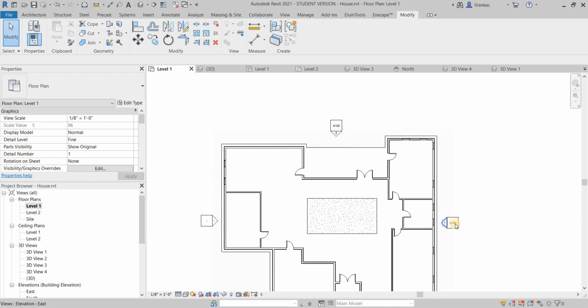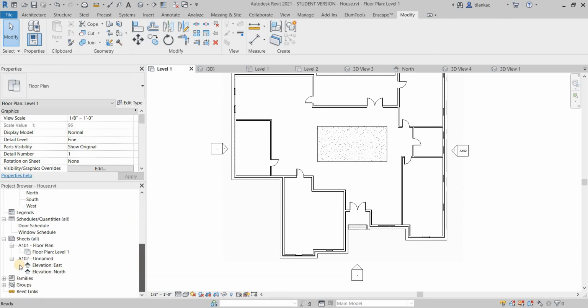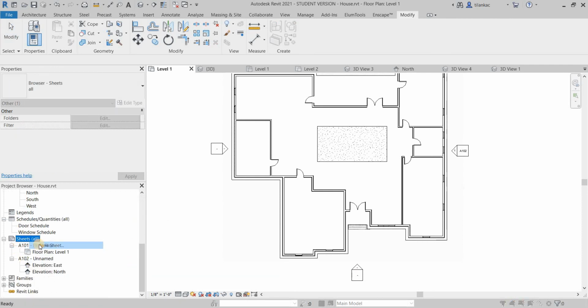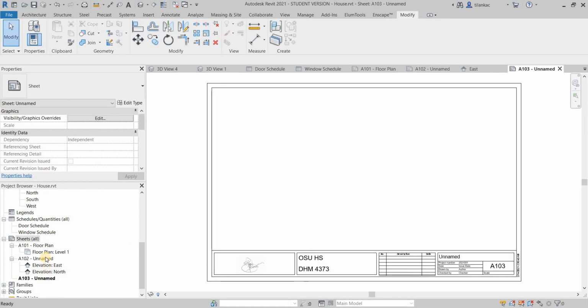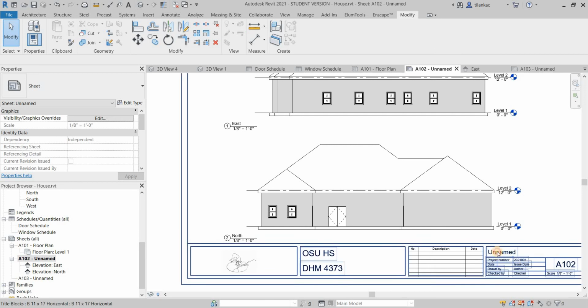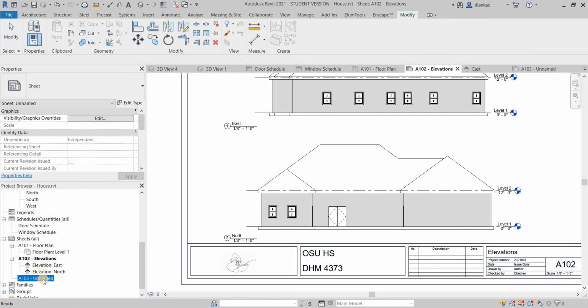So this is drawing number 1 and it's located on A102, and once you add these, that's going to happen to those as well. So let's add another sheet. I'm going to add another sheet, and this one, oh, I forgot to rename this. This is going to be elevations, and I'm going to add